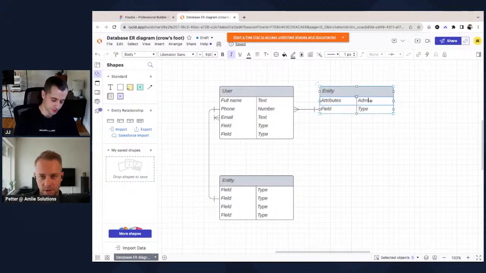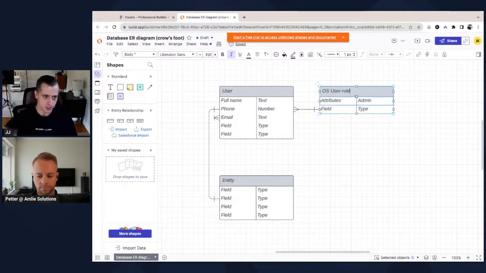I think what would make sense here is probably an option set. So, not to complicate things too much, an option set for user role. I label all of my option sets with OS in front of it, just so I know that it's an option set in the dropdowns. And then for this, we'll do an admin, we'll do a delivery